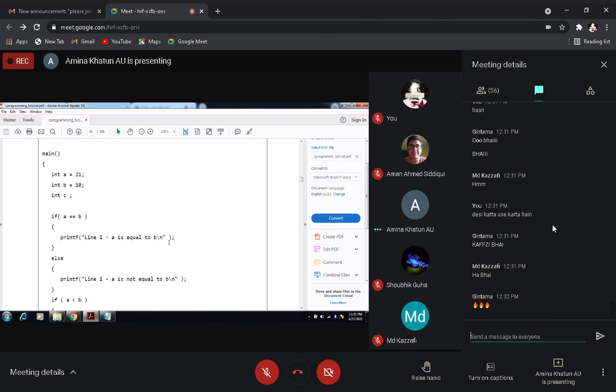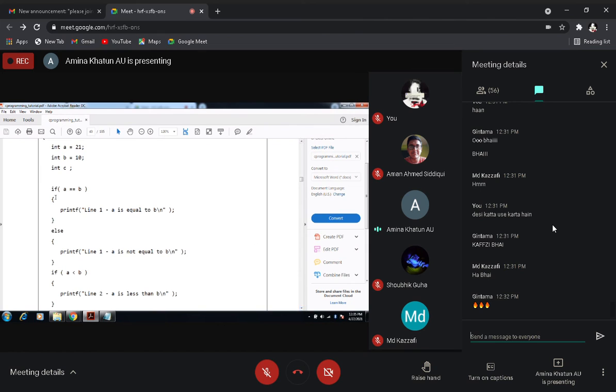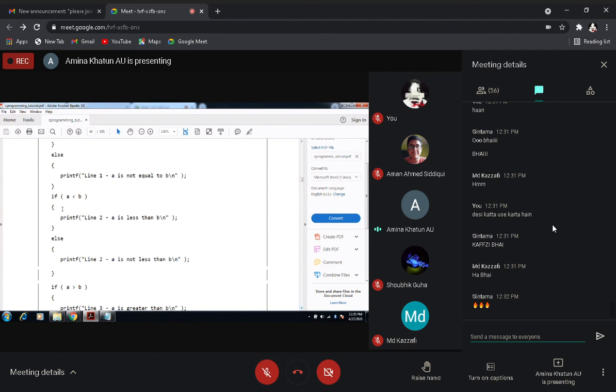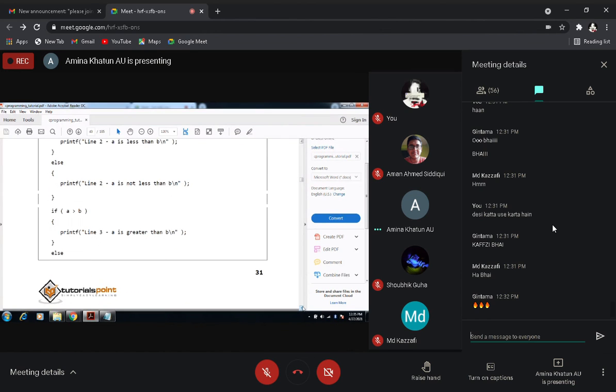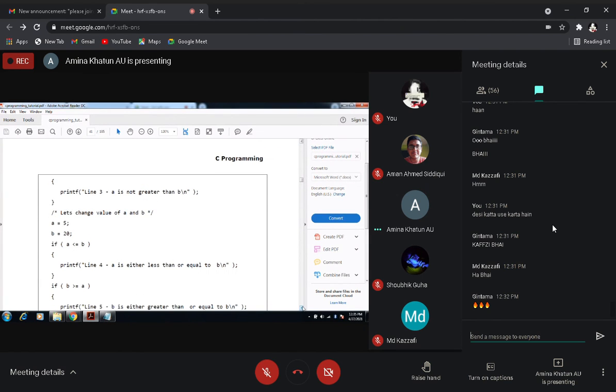Now let's check the if condition. We are checking if A equal to B. We have used the equal operator. If the condition is satisfied, it will print A is equal to B, else it will print A is not equal to B. Similarly, less than: if A is less than B then print that, else A is not less than B. In this way, we have put in all the relational operators.